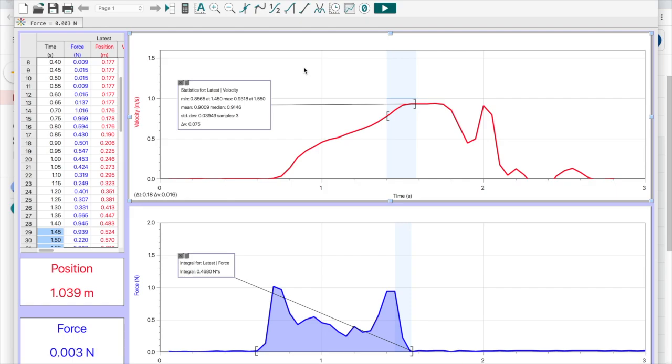So this is what a good trial in part 2 of the lab would look like. So this time I used the force sensor to take force data, and I really just pulled. You actually can't do this wrong. I pulled. You can see my force was a little erratic, definitely wasn't constant, and that's totally fine. I highlighted the region of the graph where you could tell I was pulling. And then I went up here and I used what is called the integral function, which gives me the area under this graph, which is the same thing as multiplying the force